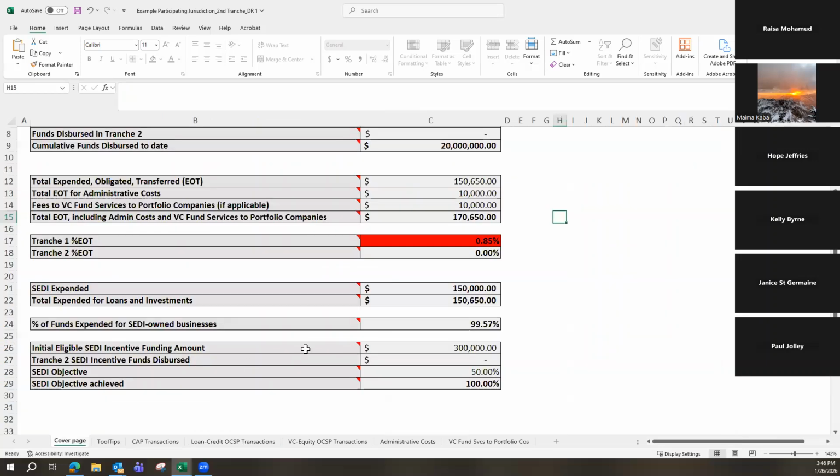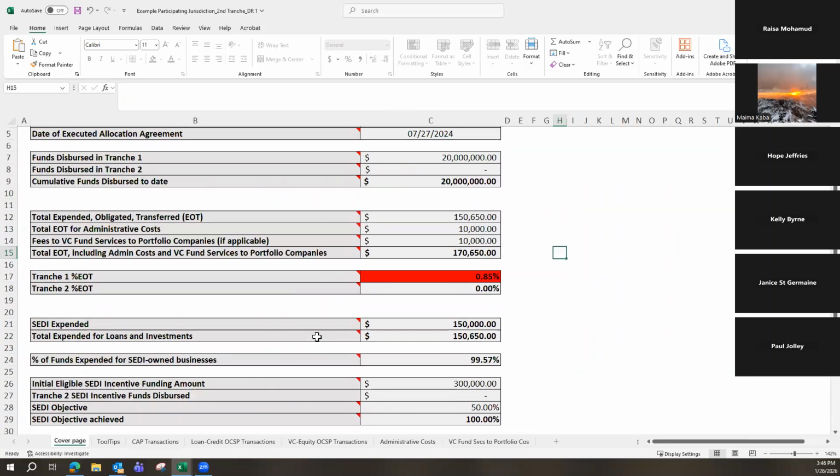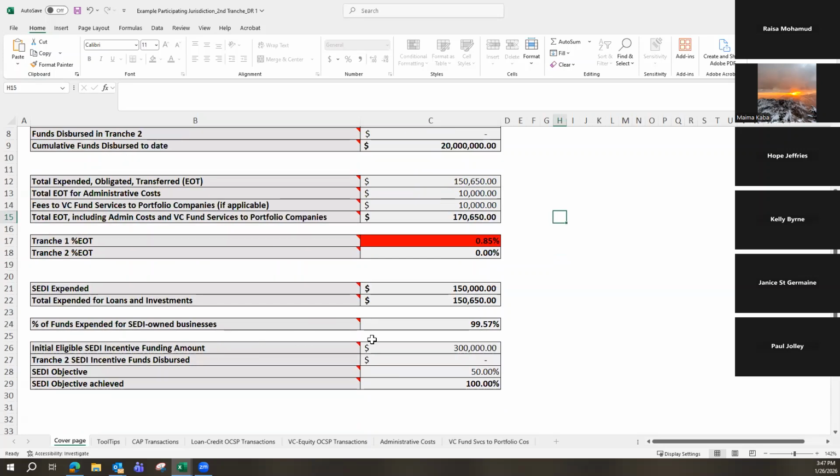So I'll go back to the cover page as I promised. As you can see, the numbers that were 0 or blank have been automatically populated. You're at 0.85% EOT'd, and your SETI expended is already populated, and your total funds expended for SETI business is already at